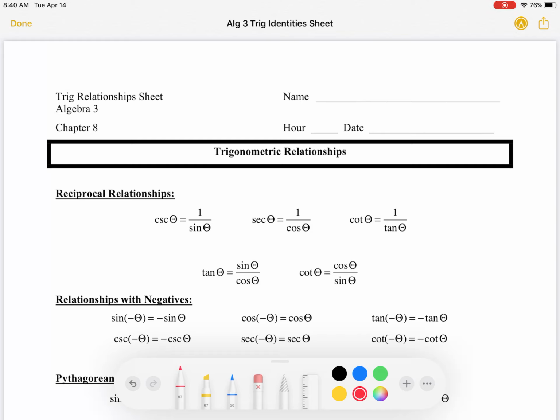First of all, the expectation moving forward is that you're checking in every day to Google Classroom. I will be posting something almost every day, whether it be a video, a worksheet, a few problems, a quiz, just an update. The expectation from you is that you are checking in every day.